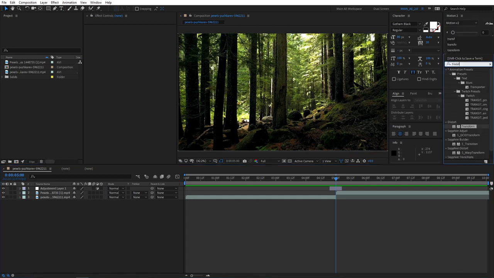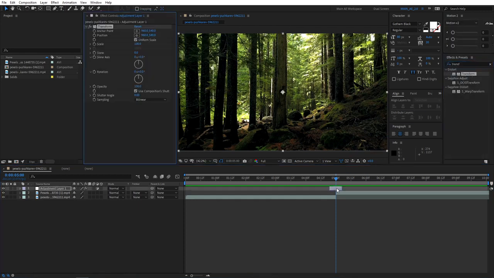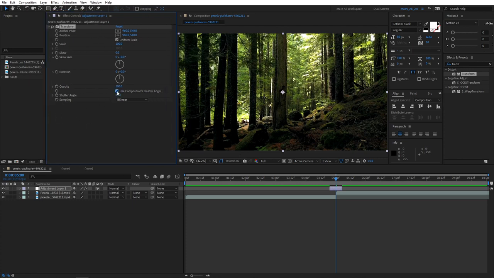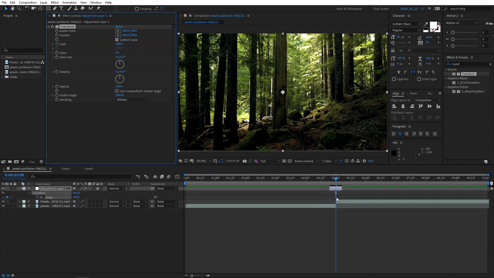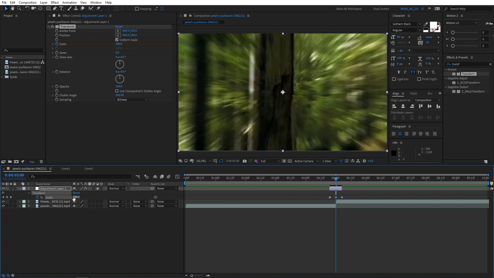Go to Effects and Presets, search for Transform, and add it to the adjustment layer. Here make sure to uncheck Use Composition's Shadow Angle, and set the shadow angle to 360 to get the maximum amount of motion blur. Then create a keyframe for scale, press U to reveal the keyframes, and move that keyframe to the beginning of the adjustment layer. Create another one, and drag that keyframe to the end of the adjustment layer, and set the scale to 300